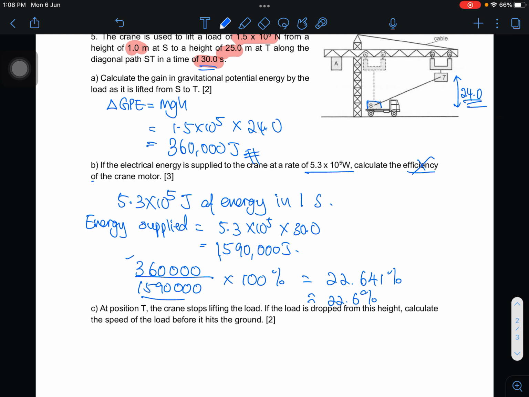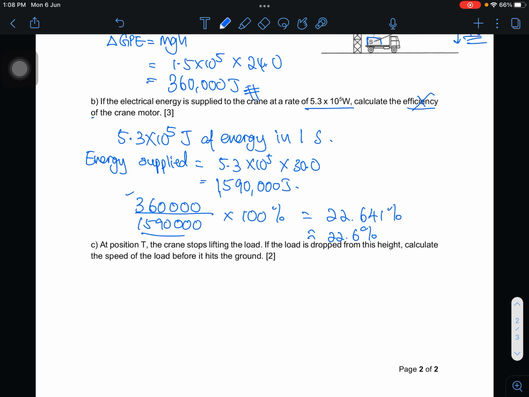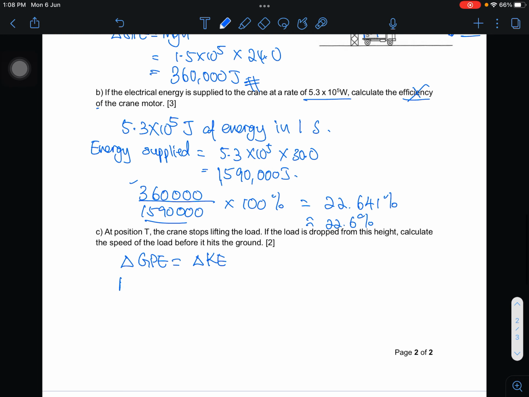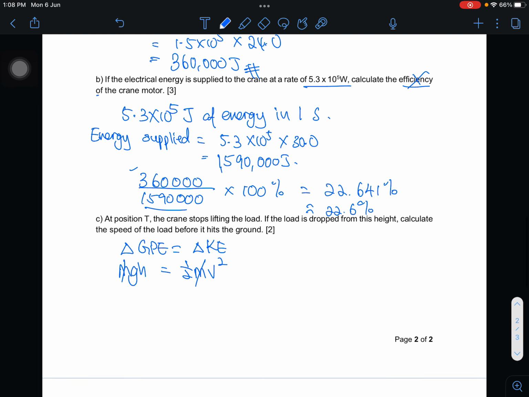Let's write out the formula first. Change in GPE equals change in KE, so mgh equals half mv squared. I think all of us have seen this already. So cancel the m. The question wants you to find the speed, v. I'm going to leave the manipulation to you, but this is how the final product looks like,